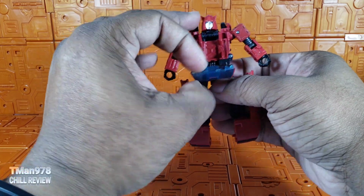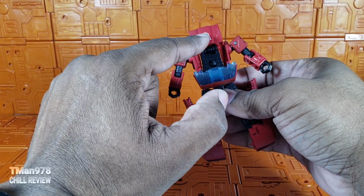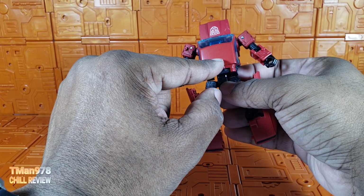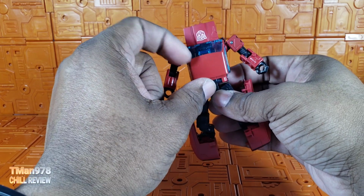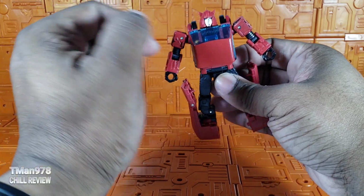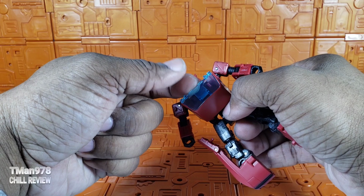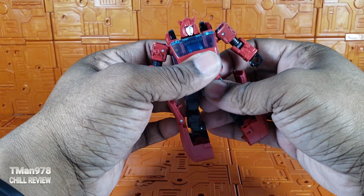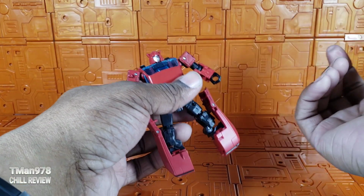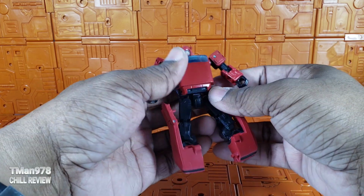Open the chest up, lift this flap out, and oh yeah, because of this right here, and because I guess it would be upside down in robot mode, they didn't give us an Autobot logo. There is not even a place where you can actually comfortably put it. I was thinking, what if I put it right, unless you had something where it can be reversed and have it in the windshield, but then it would still be visible in car mode upside down. So maybe a little one on the shoulder, or a really little one. I don't know. But anyway,